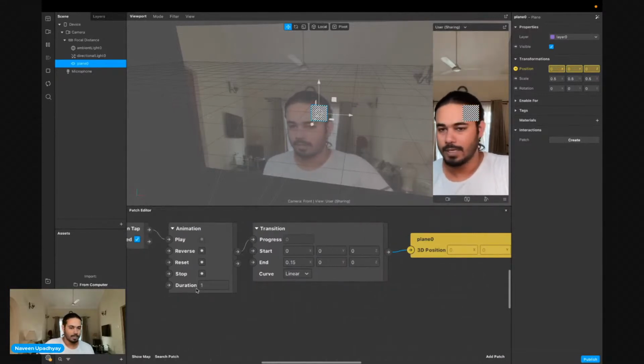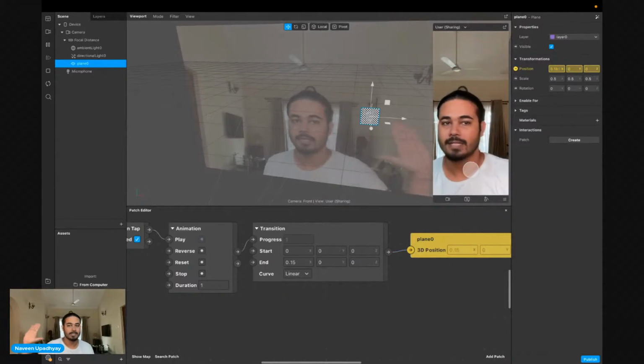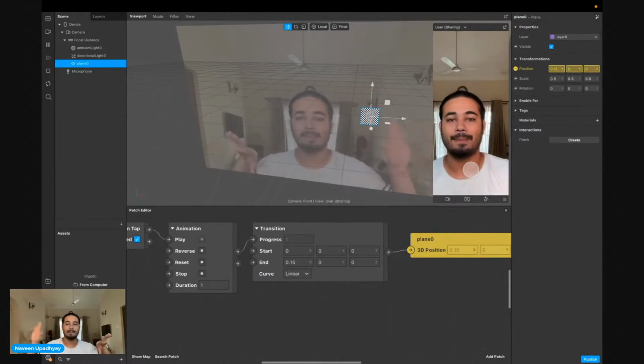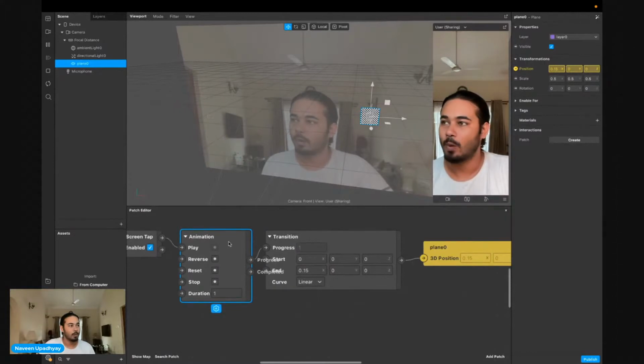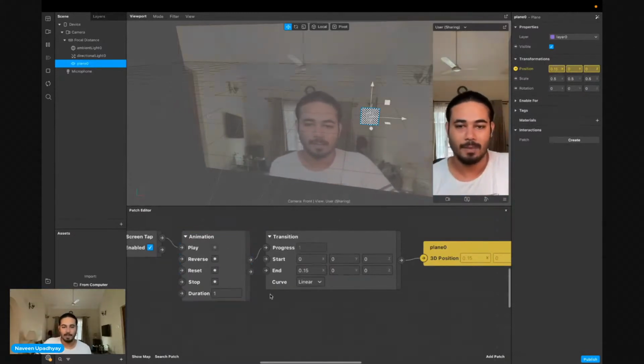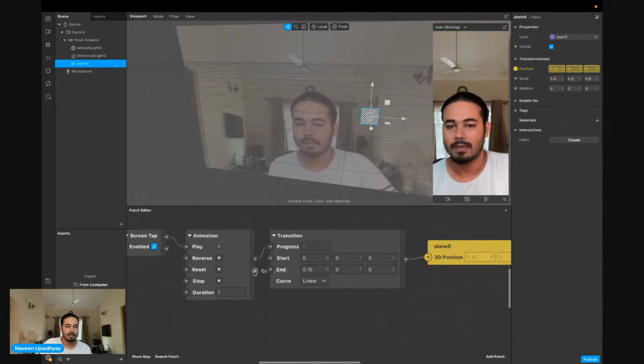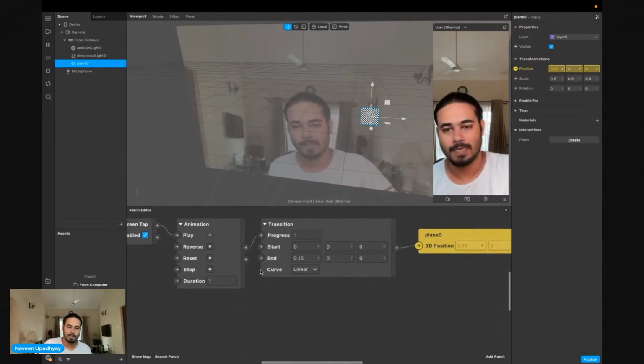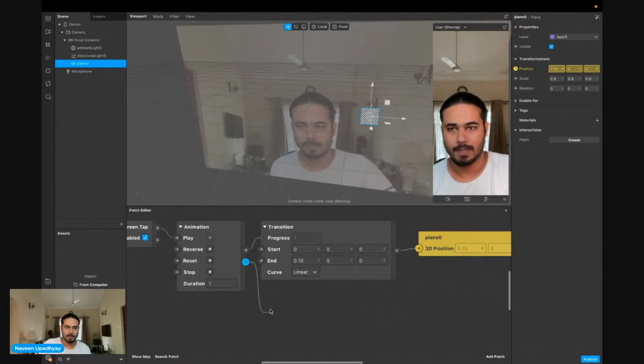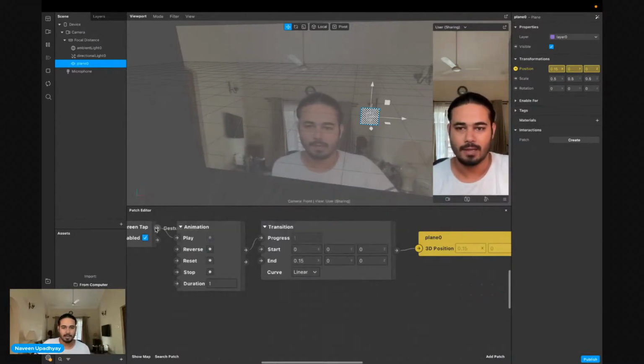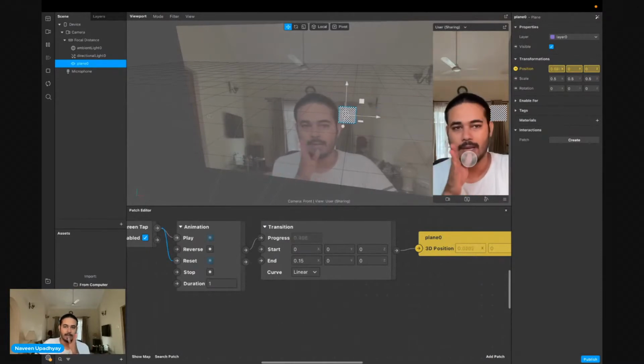This is going to take 1 second in the entire process. So when I do that, it goes and reaches there. Now it's static there. But how would it tell me that I've reached? This animation gets over when it reaches there, which means I'm going to use this completed pulse. Let's say this is my pulse. Then this pulse should do something when I reach there. I'm going to reset it every time I put a screen tap, and this is going to move.